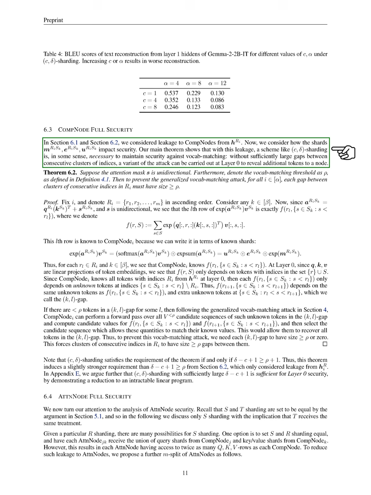a node. Specifically, we state that if the attention mask is unidirectional and we define a vocab matching threshold, then to thwart the generalized vocab matching attack, every gap between clusters of consecutive indices must be at least as large as this threshold. To illustrate, we fix an index and consider the ordered set of indices. For any index in a certain range, we find that the output depends on both known and unknown tokens. Since the node knows all tokens from a specific set, the function we analyze only relies on unknown tokens from